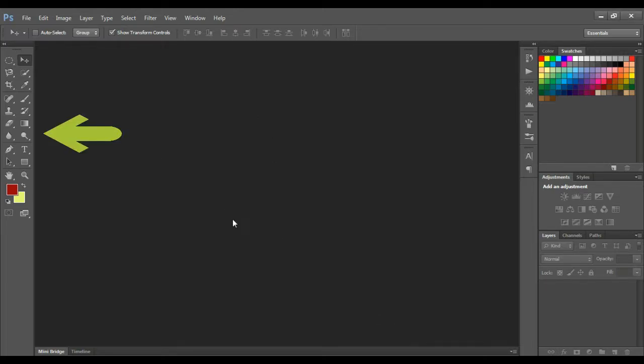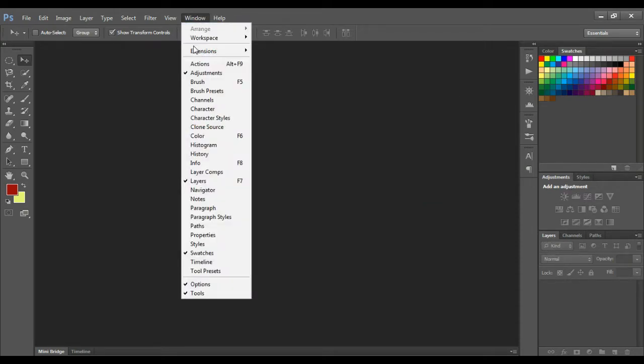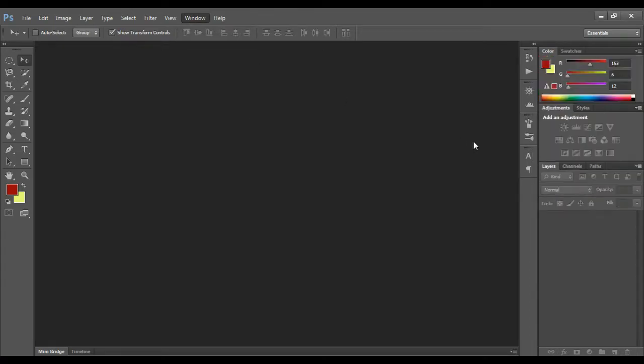This is our first screen in which we have different options. On the very left corner you will see all the toolbars. On the upper menu you will see the menu bar: file, edit, image, layer. And on the right side you will see the layer panel and different other panels which can be opened from the Window options. From this Window option you can open any kind of panel in which you are working. For example, if you want to open the color panel, you will click color and this panel will open over here. This is the swatches panel, this is the layer panel.